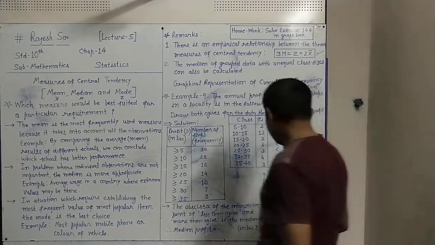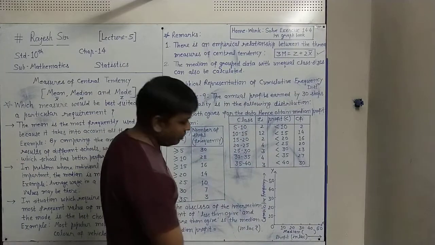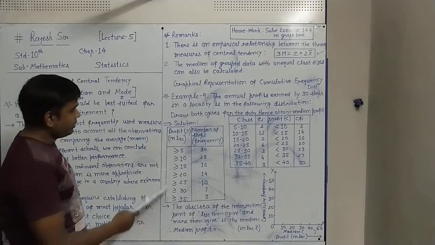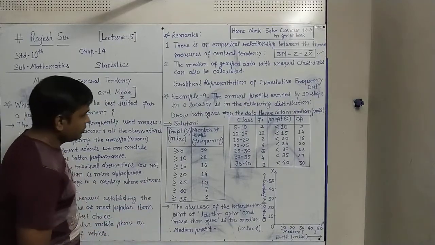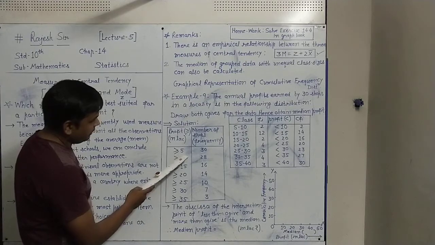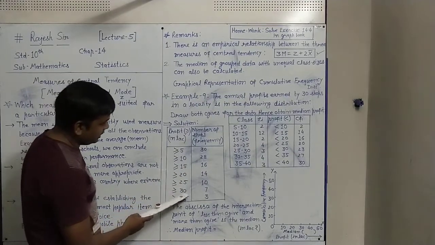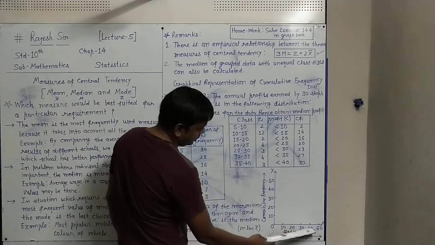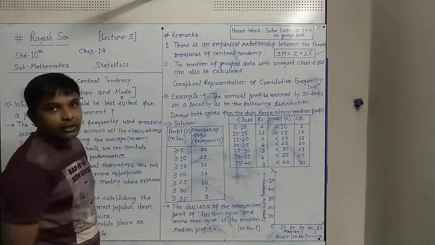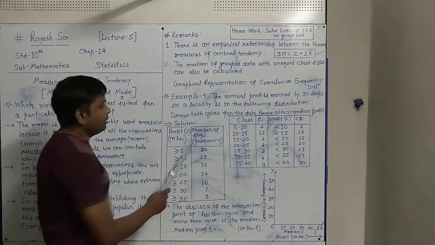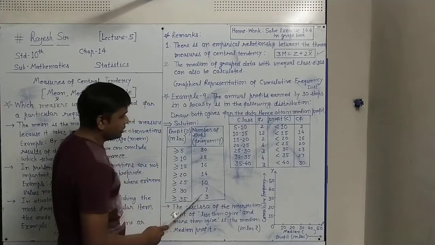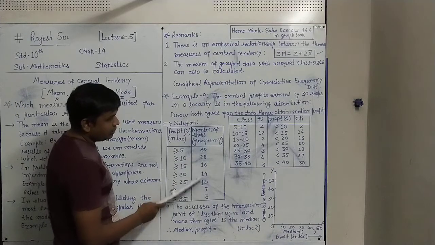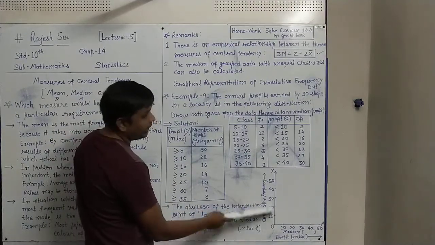For that, what we have to take on the x-axis and y-axis? As usual, on the x-axis we require this profit in lakh, which is given. In that we need these values 5, 10, 15, 20, 25, 30, 35. So that's why we have taken here on the x-axis 10, 20, 30, 40, 50, so that all the values can be presented over there. And on the y-axis, number of shops, the frequency, this is the cumulative frequency given for the more than type. They are the values of 30, 28 and so on. So we have to show this cumulative frequency on the y-axis.